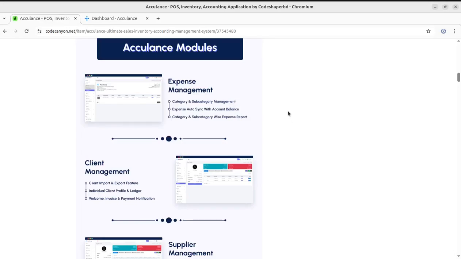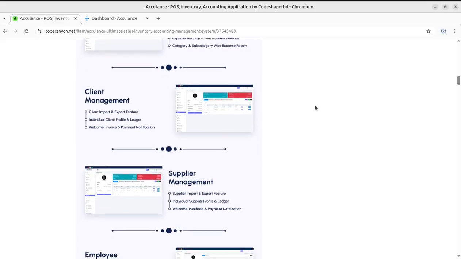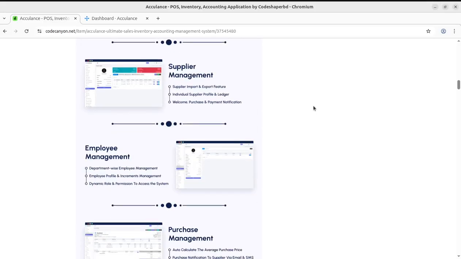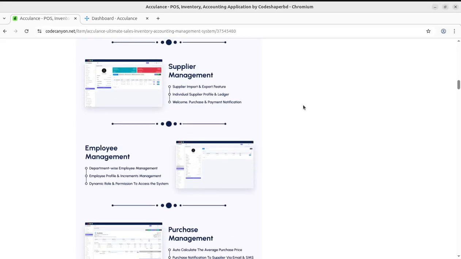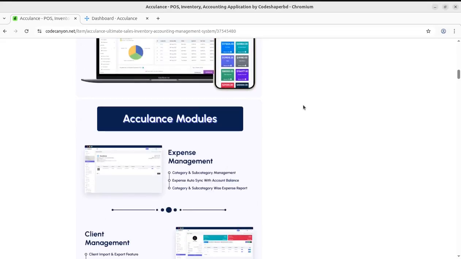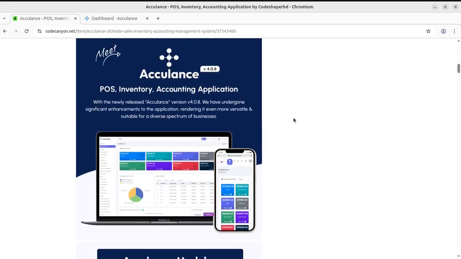Hello friends, you might be knowing using simple and ready to use scripts, you can automate your business process and you can provide the same solution to your prospective clients as a software solution provider. In this video, we are going to discuss a very useful tool that helps every business,